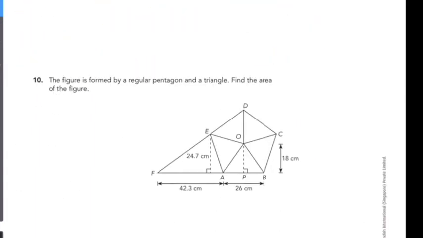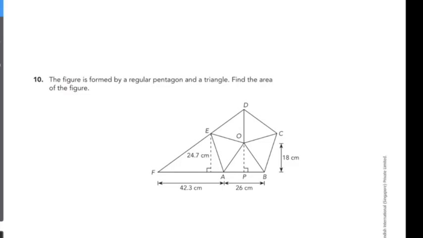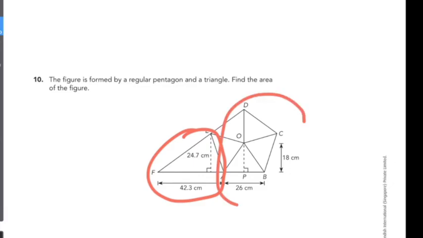The bottom one is actually not that difficult. You have a triangle right here, and they already give you the base and the height. And then you have a pentagon here, and they give you the base and height of each of those triangles. So all you have to do is figure out this triangle's area, figure out the pentagon's area, and then add that together, and that'll give you the whole figure. Okay, and don't forget, you can use a calculator on this homework as long as you show me all of your steps and your